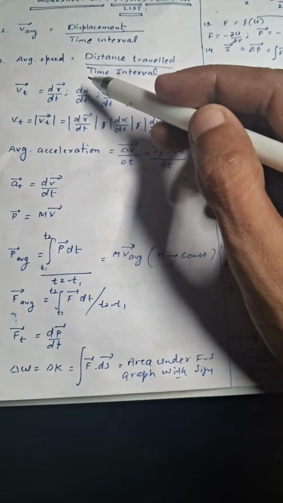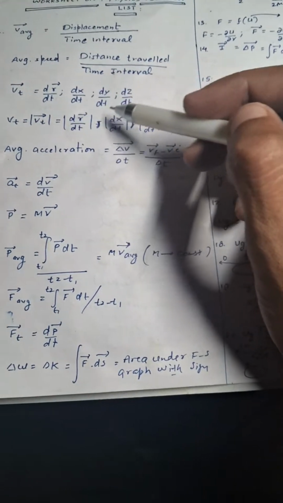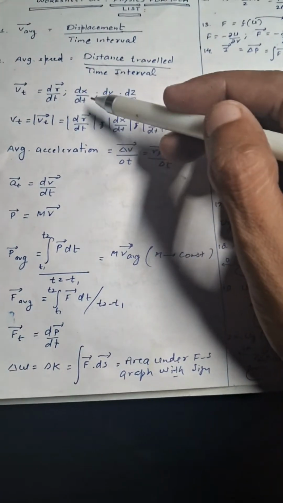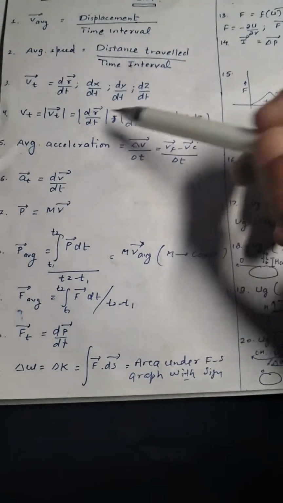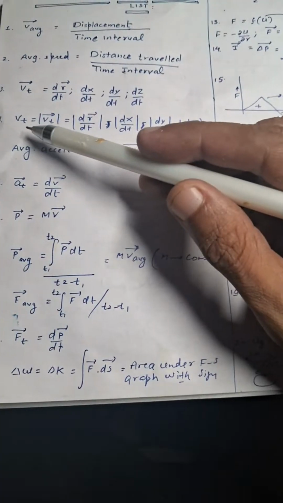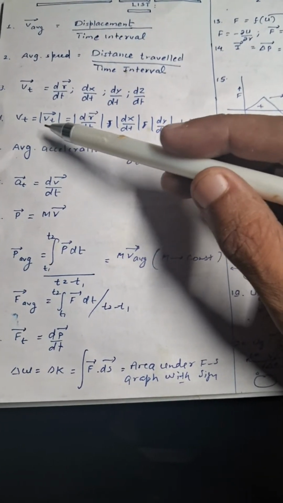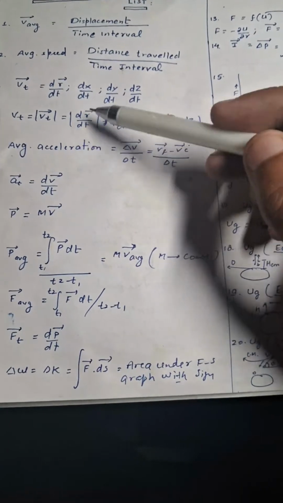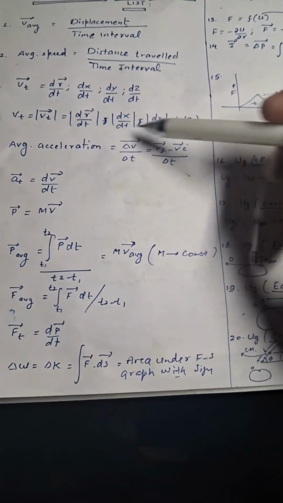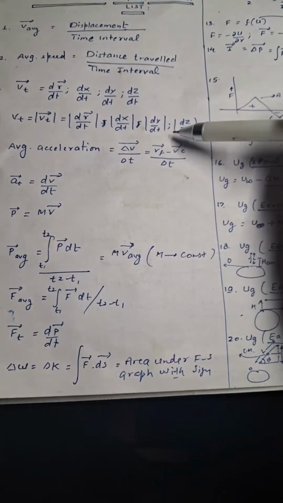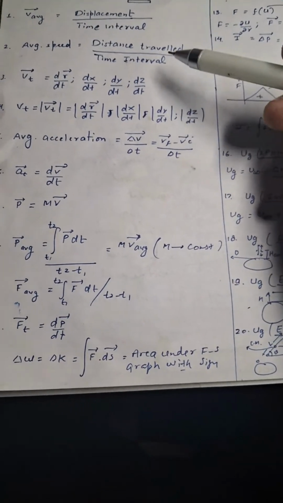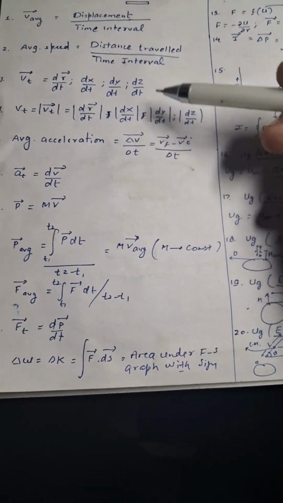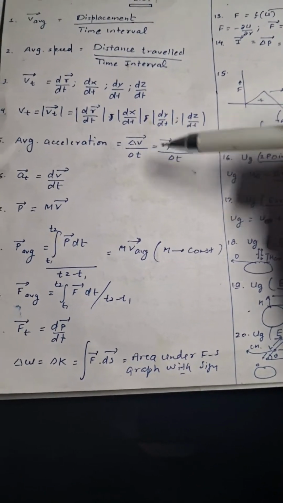then it can be written in the form of dx by dt, dy by dt and dz by dt, given that motion is on either x axis, y axis or z axis. Then we have another point which is speed, instantaneous speed. So it is magnitude of instantaneous velocity. It can also be written as mod of dr by dt or mod of dx by dt, dy by dt or dz by dt, depending upon whether motion is taking place in space or along x-axis, y-axis or z-axis